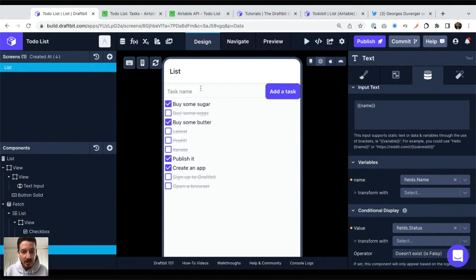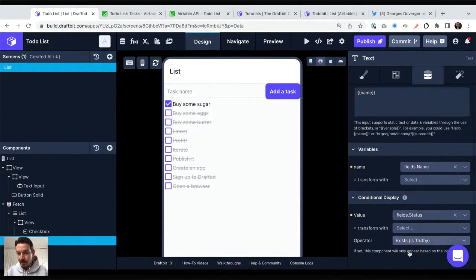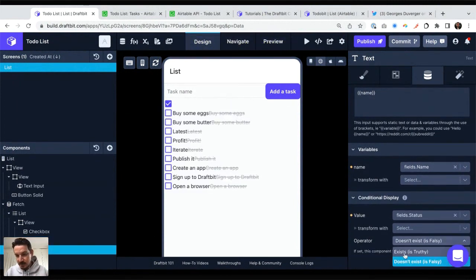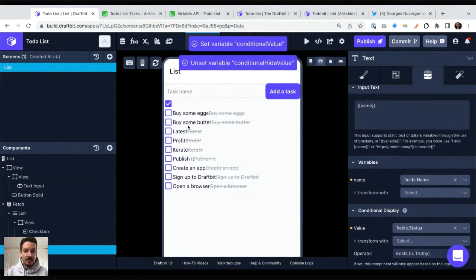And yeah, and everything, of course, if I uncheck them all, actually, I just realized I'm a little dummy. I did it just in reverse, right? You want that when it's checked, it's crossed through, and when it's unchecked, it's available. Let me just adjust that. So I just have to, instead of exist, say doesn't exist, and same thing for the other one. So doesn't exist, say exist. Okay. Now it should be okay.